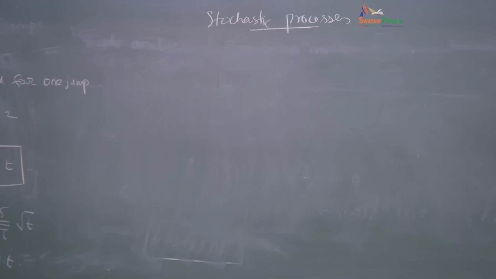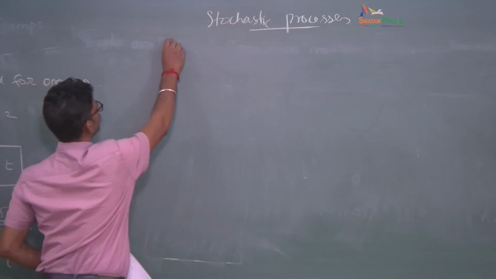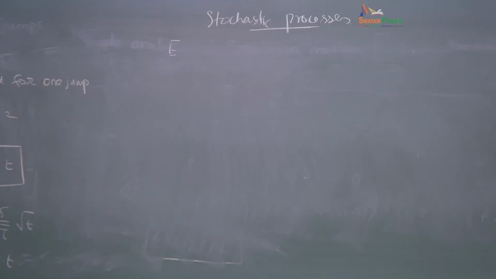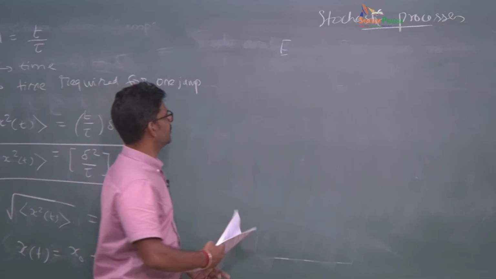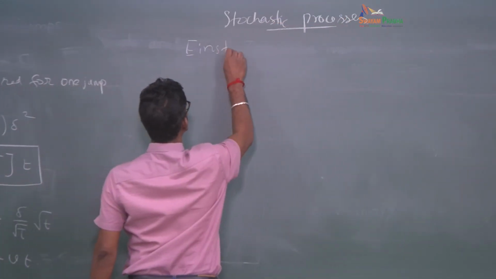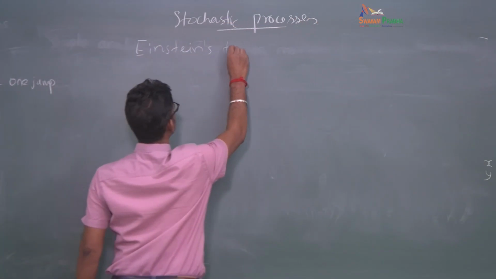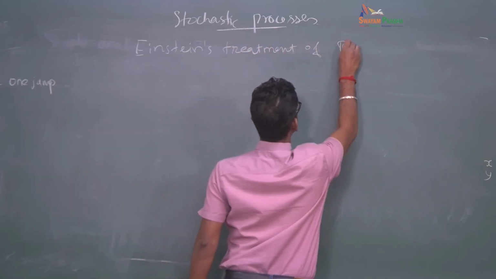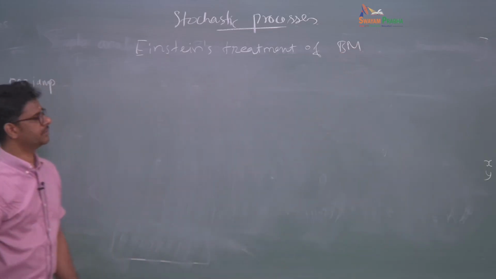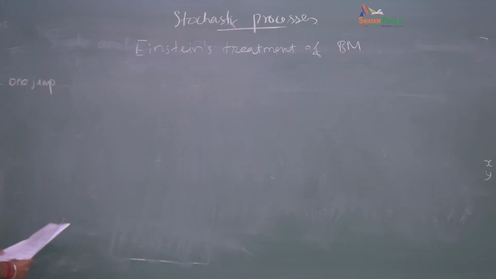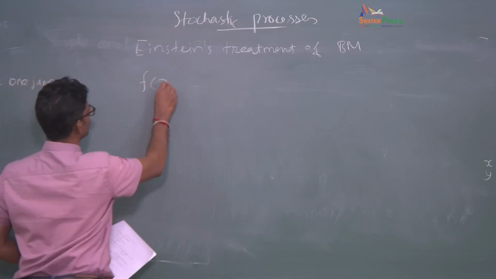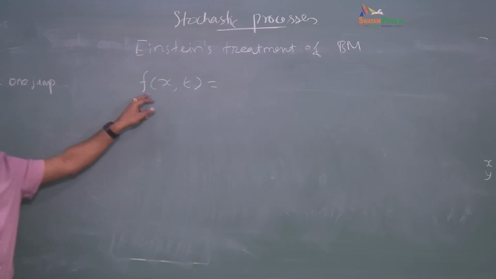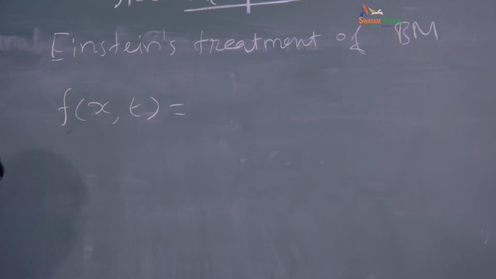Now I quickly give the main results of Einstein's treatment of the Brownian motion, and then we will compare what we have predicted from the random walk in a simple treatment and what was obtained from Einstein's treatment. So BM means Brownian motion. What he derived was the probability of finding a Brownian particle at position x at time t. Okay, and he showed that this would be